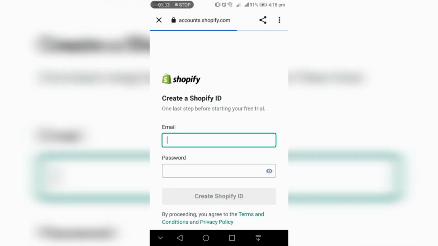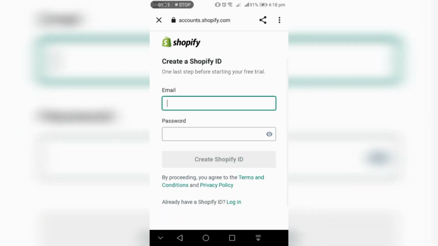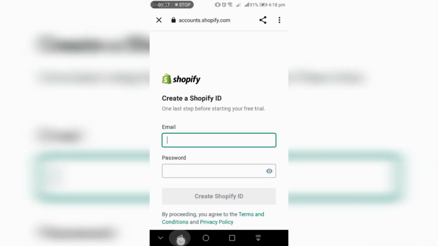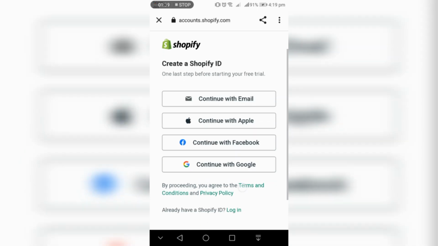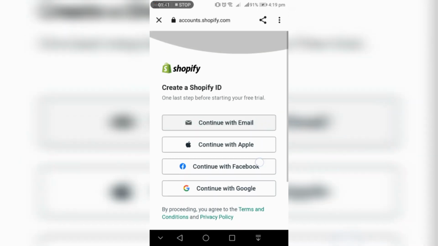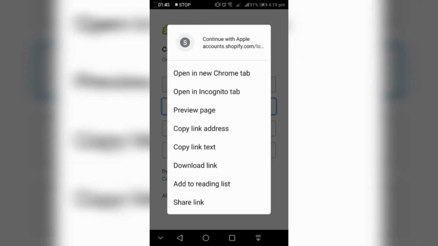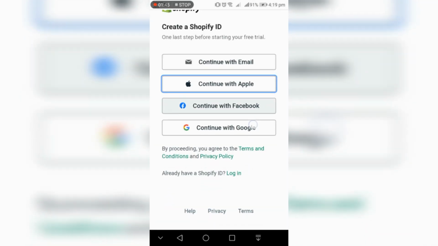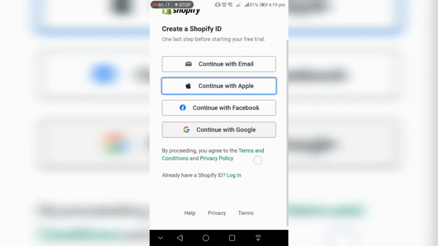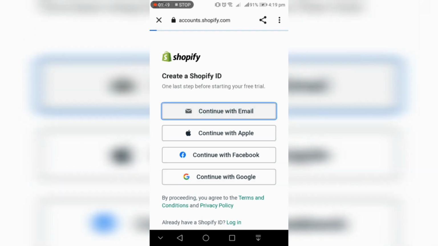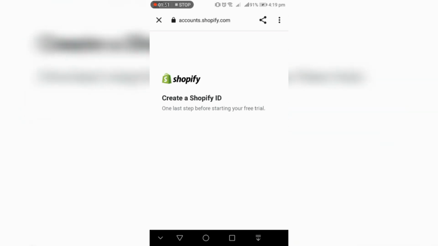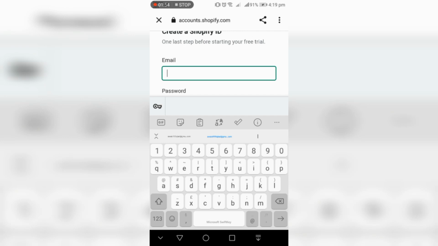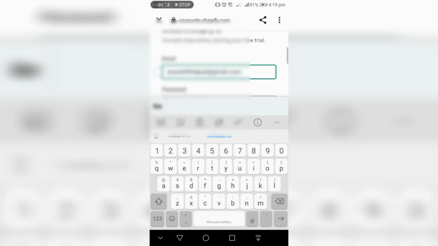You can create your Shopify ID by clicking your email. You can give your email, also the password. You can also continue with Apple, continue with Facebook, or continue with Google account. So I simply click on continue with email, and now I am going to give my email address as well